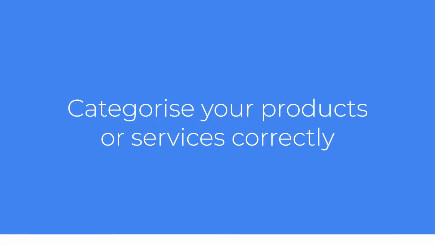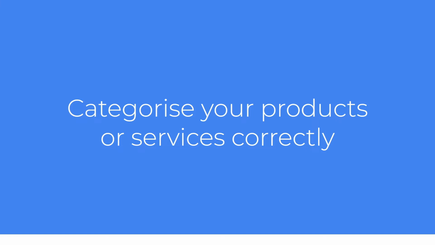Categorize your products or services correctly. This implies that the products or services that you are offering should be mapped to the correct category. For example, you manufacture shoes as well as a t-shirt, and if you're adding both shoes and t-shirt in one category, which is wrong. So shoes should be mapped to shoes category and t-shirt should be mapped to the t-shirt